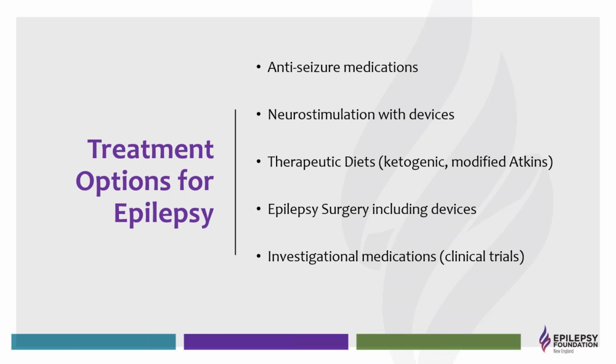And we have a few on the market now. So further down, I'll talk about each of those. Maybe some people are more inclined, the thought of brain surgery just is absolutely off the table for them. So maybe they might want to inquire as to whether a therapeutic diet such as the ketogenic or the modified Atkins can help them achieve seizure control.